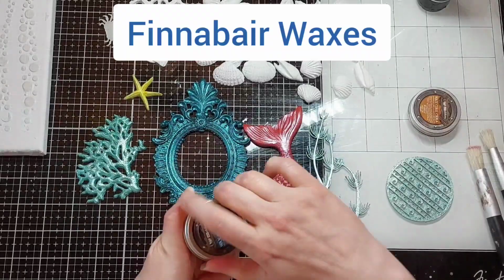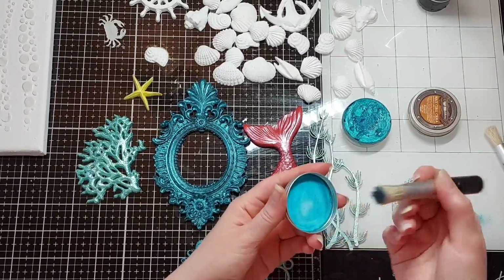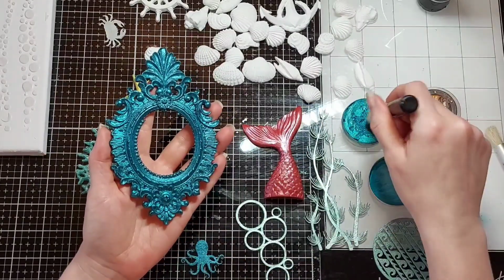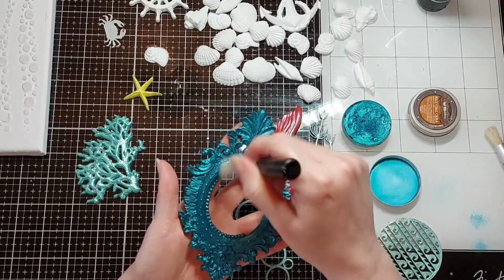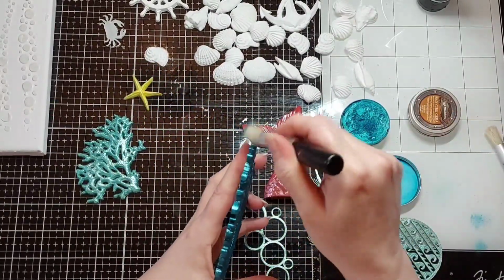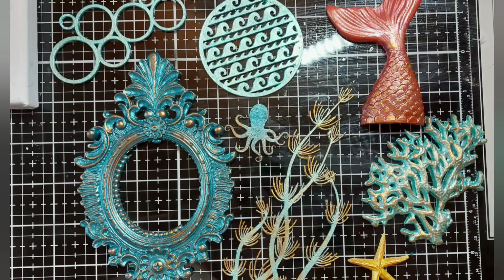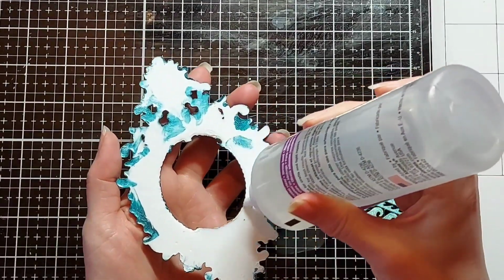I won't bore you with showing you how I paint each individual one, I'm just doing a few bits and pieces so you get the idea. But as you will have just seen, those pieces that are in front of me right now, I used some acrylic paint on them to give them colour. And I'm now going over the highlights with some metallic wax. I'm using Prima Finnabare's waxes in Peacock, which is that gorgeous turquoise. And then I'm topping them off with some of the Firebird. And I've just put a screenshot in there so you can see exactly how they looked, which was really gorgeous